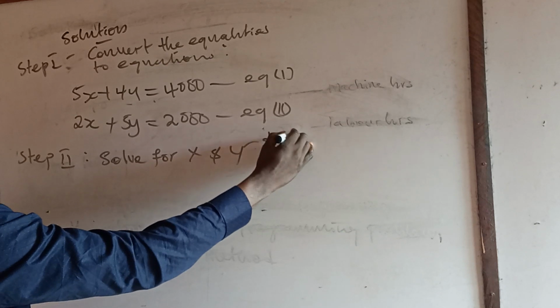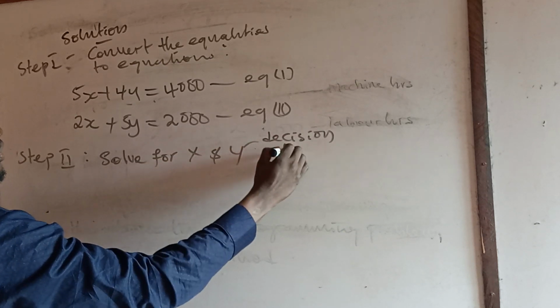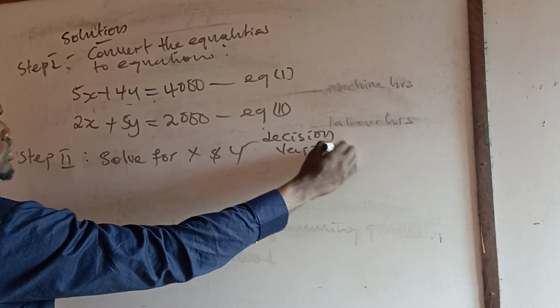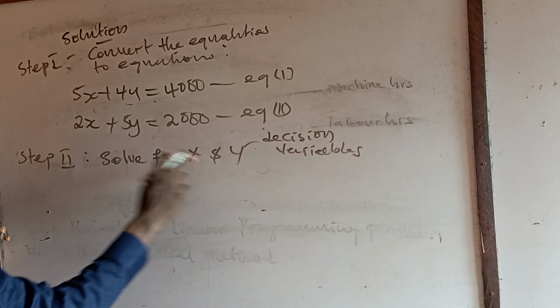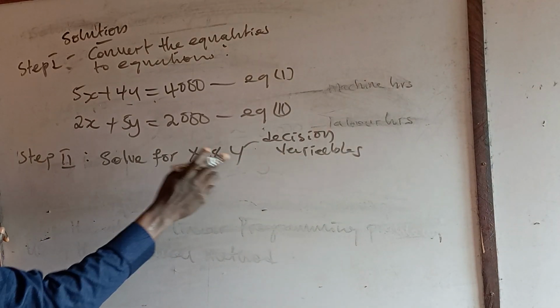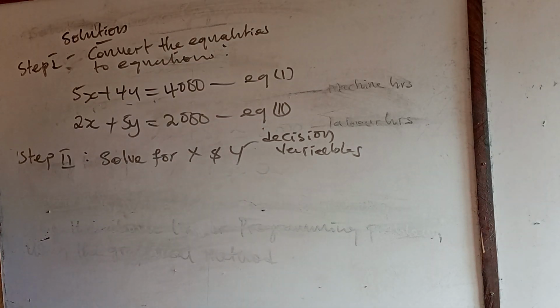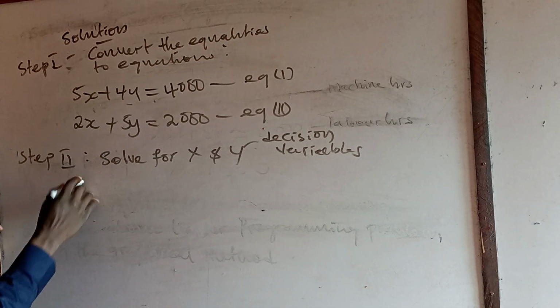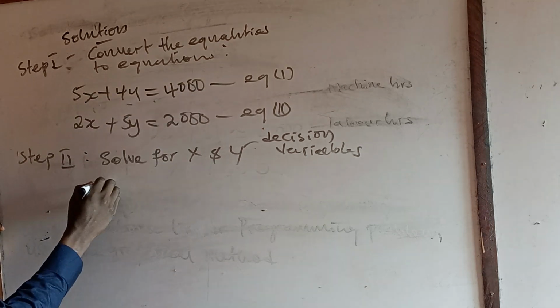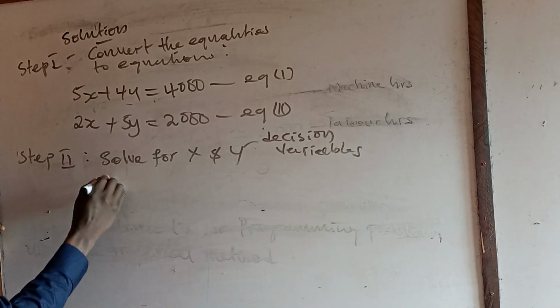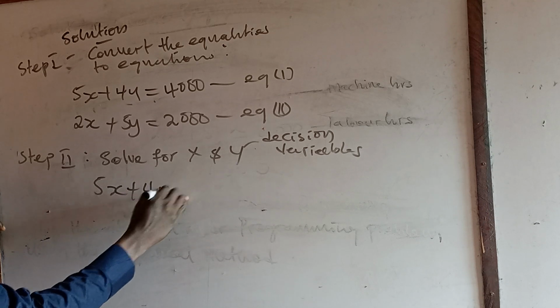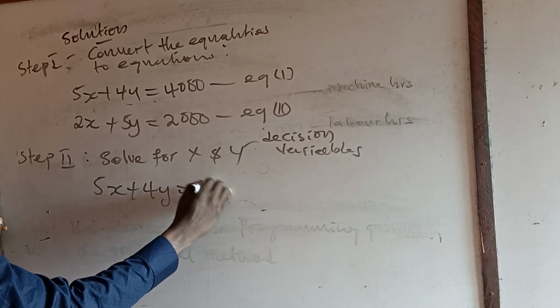We call them decision variables: decision variable 1 and decision variable 2. These are the two decision variables that we have. We pick the first equation, which is 5x plus 4y equals 4,000